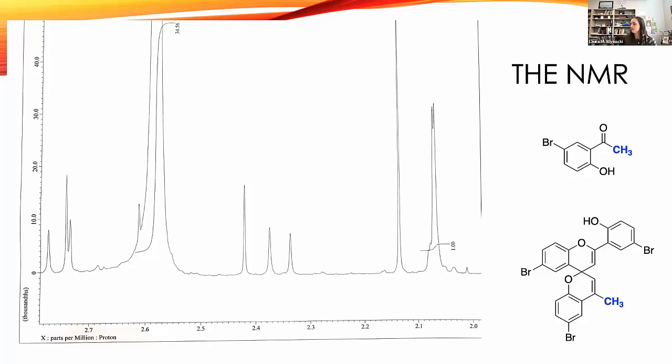So I've zoomed into a region and changed my integration a little bit here so that this tight doublet that shows long range allylic coupling is on the product, this CH3, and the peak that goes right off the page because it's so large is the CH3 in the starting material. So students, certainly this is a region that has other background noise in it, but students can start to see that there are identifiable peaks from the product, and that integration isn't just a ratio between protons within a molecule, but can also be a ratio between protons in two molecules and can help them to get that conversion or